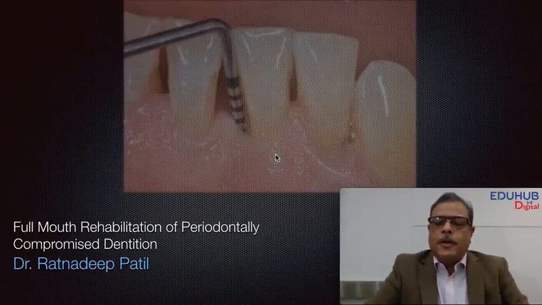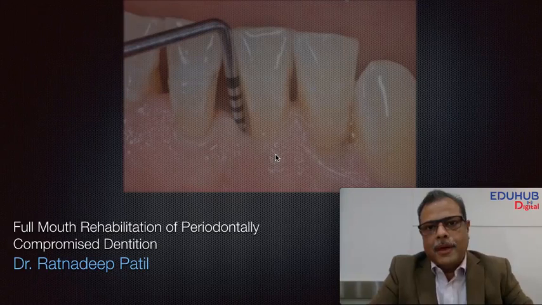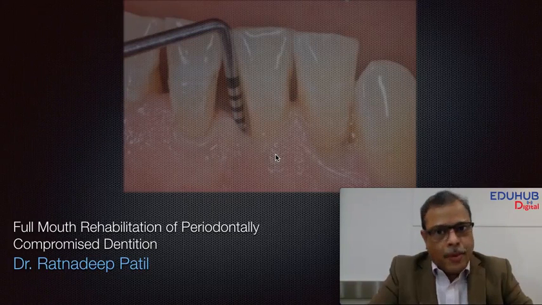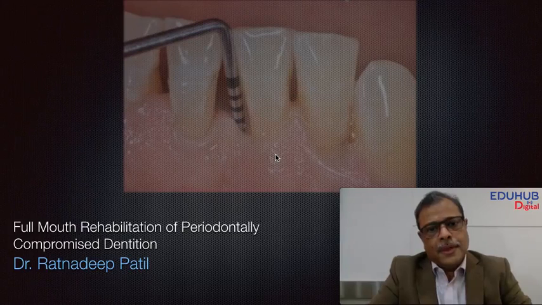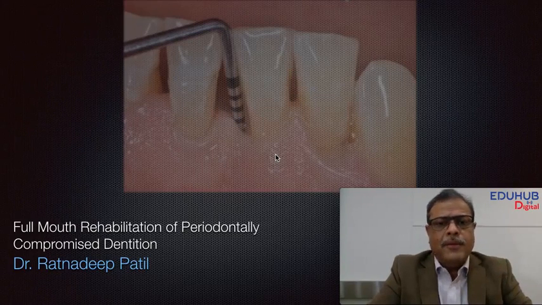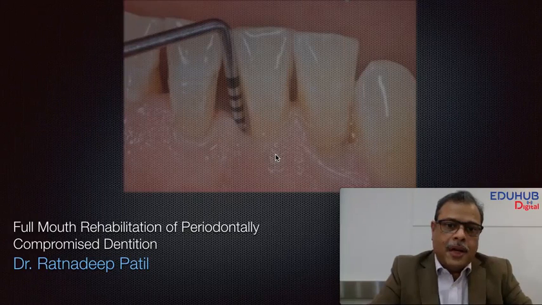One of the common categories of patients who come to us for a full mouth rehabilitation have periodontal pathology. There are certain teeth which are mobile and certain teeth which have lost bone but are not so mobile. Certain teeth are a little painful and certain teeth are not painful on percussion, as well as independent of any percussion. Certain teeth are sensitive and some of them are not sensitive. It's always a challenge to the clinician how to treat these cases,